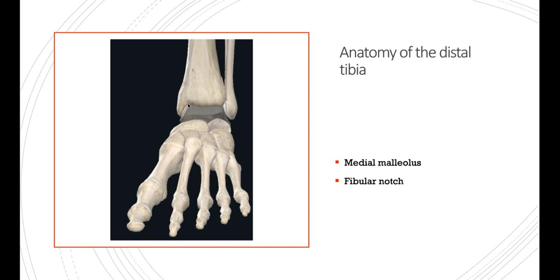At the distal end of the tibia, there's the medial malleolus, which is this ridge of bone on the medial side. And also on this side is the fibular notch, which allows the attachment of the distal end of the fibula to the tibia, forming the distal